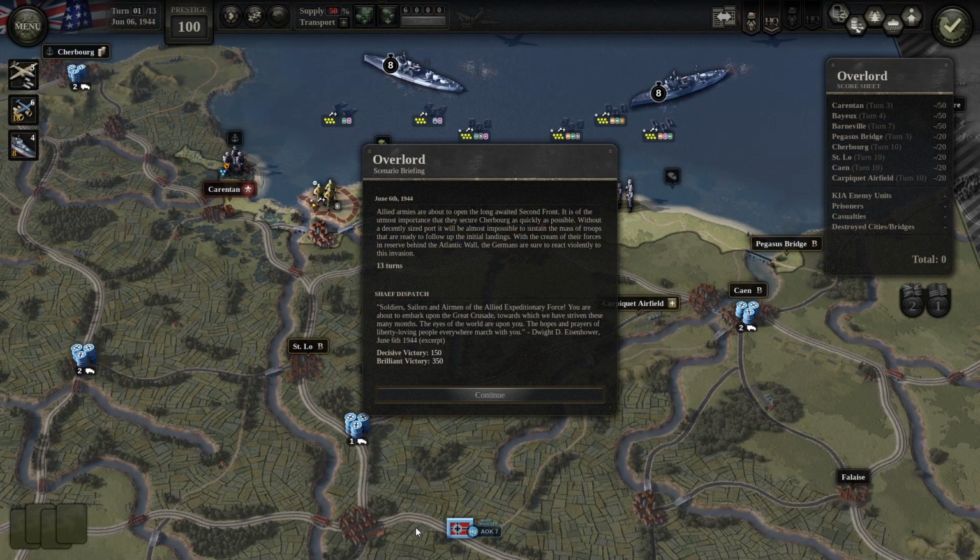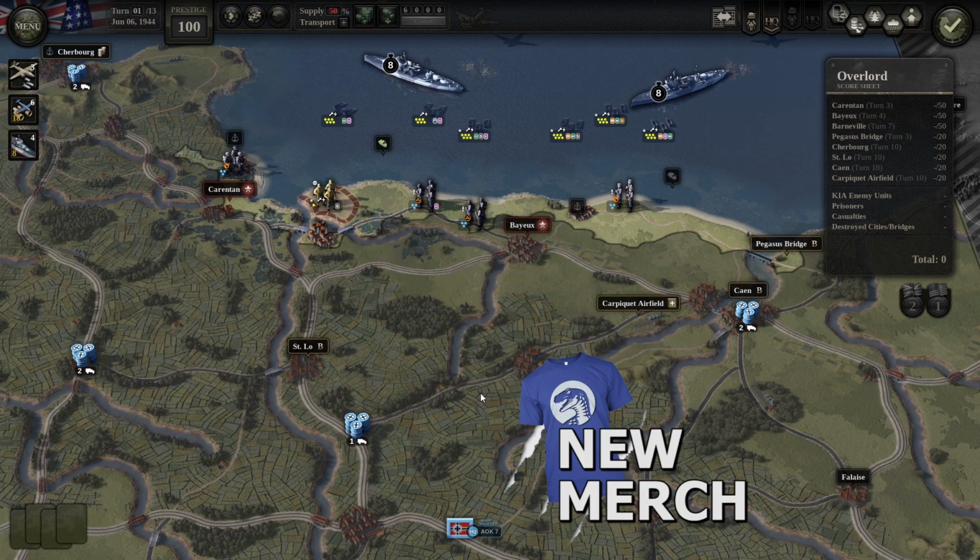And here we are on the beaches of Normandy, June 6, 1944. We see our briefing here from Dwight D. Eisenhower, and we can see the different prestige point victories that we can score here. A decisive or brilliant victory is based on how many objectives we capture and do so before turn 13. So we need to clear the beach and all the objectives before the end of turn 13, which will be